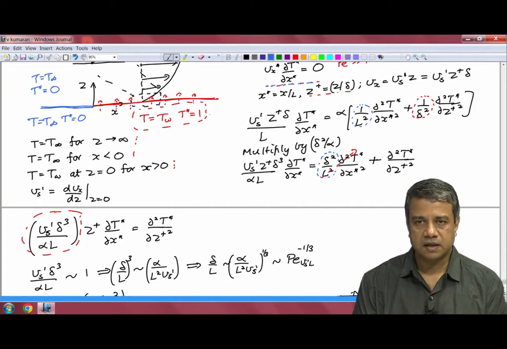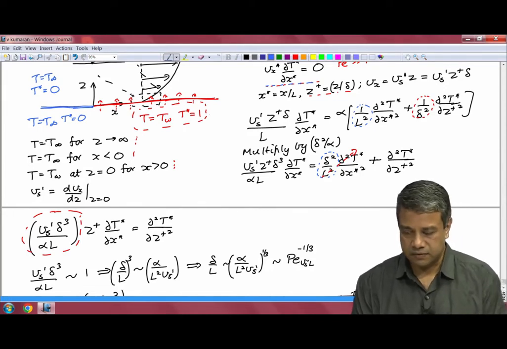Physically, the heat that is diffusing from the surface gets rapidly convected downstream due to the strong flow in the limit of high Peclet number, and it is necessary to include diffusion within a region that is much thinner than the characteristic length scale